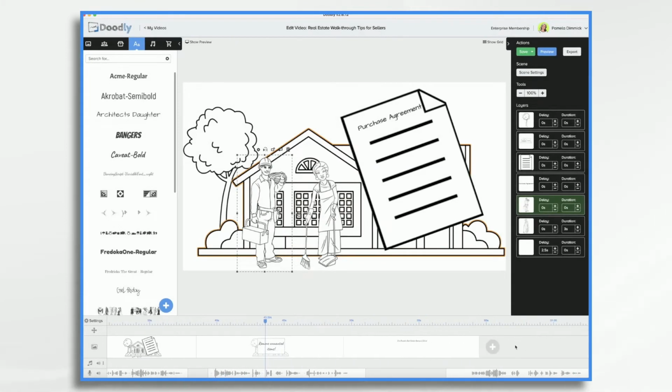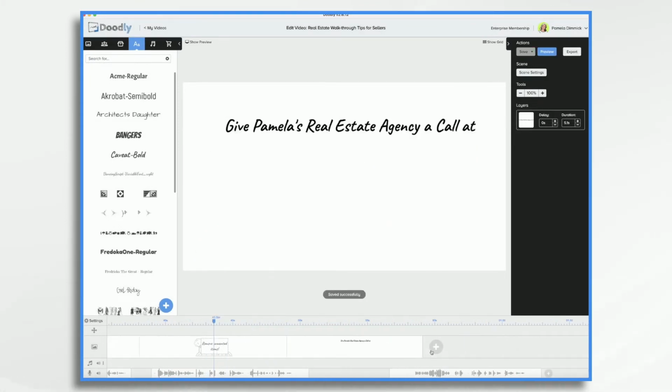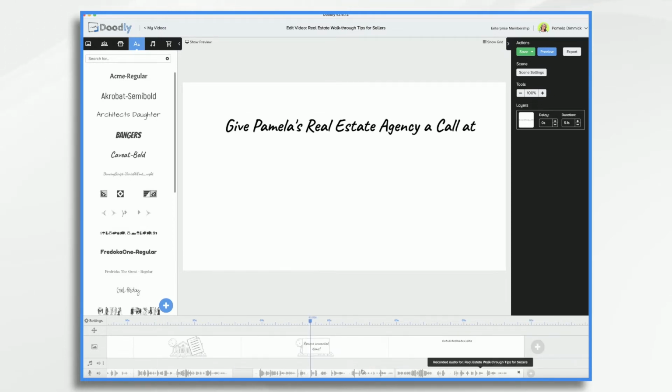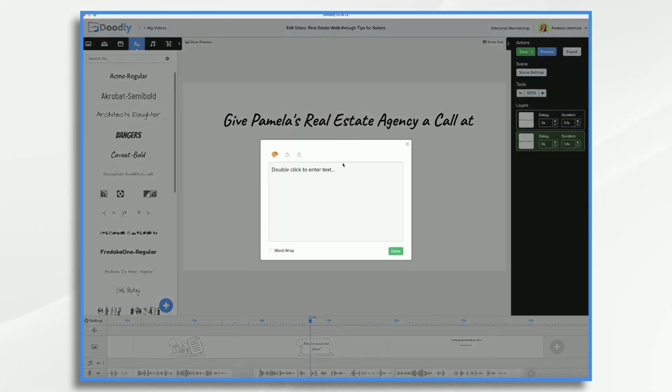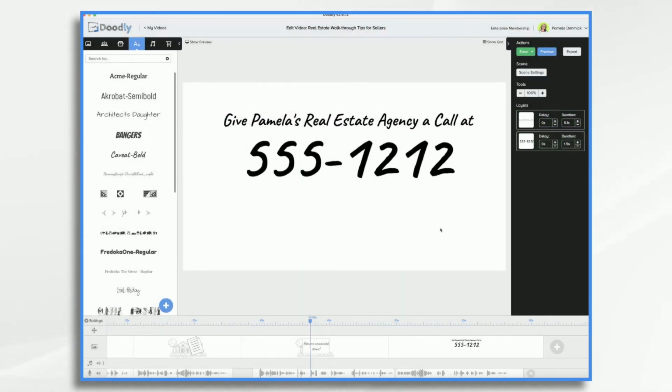Now let's go to our last scene here. And that's our call to action scene. So this we'll want to just tighten up a bit. And then likewise, this can be tightened. And then we just bring it in. So I had started this, and now let's go ahead and put our phone number in here. Okay, so I've got my large phone number and my call to action, and maybe we want a logo,